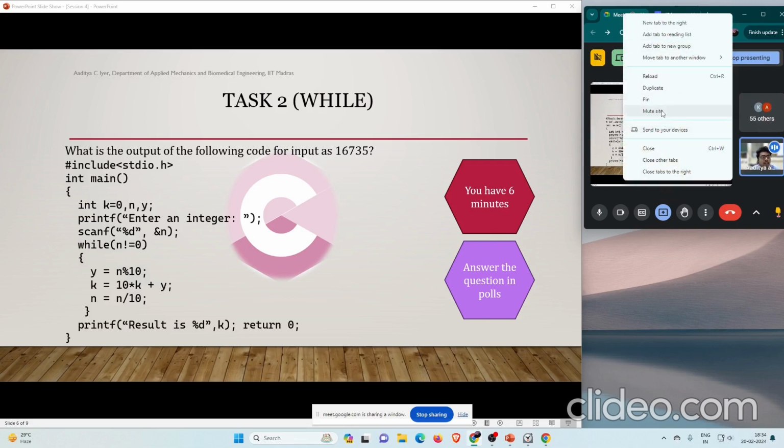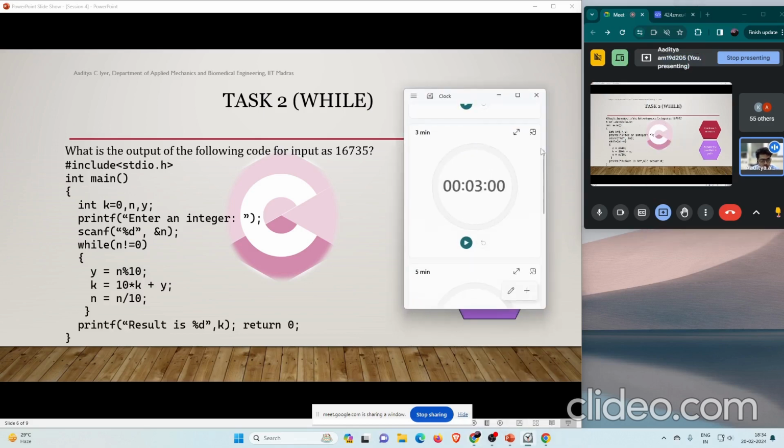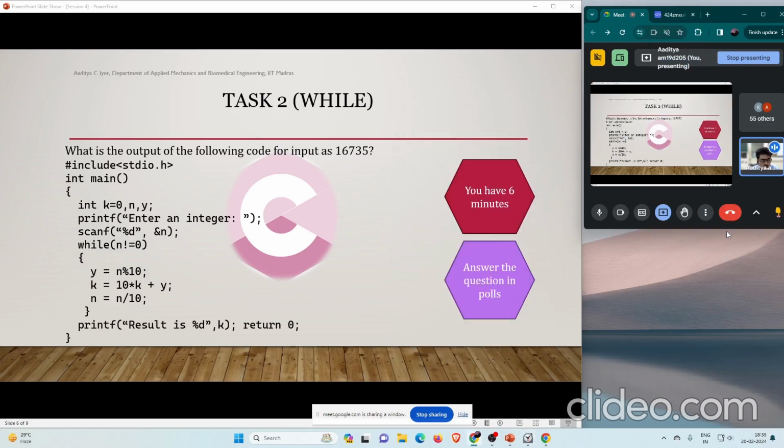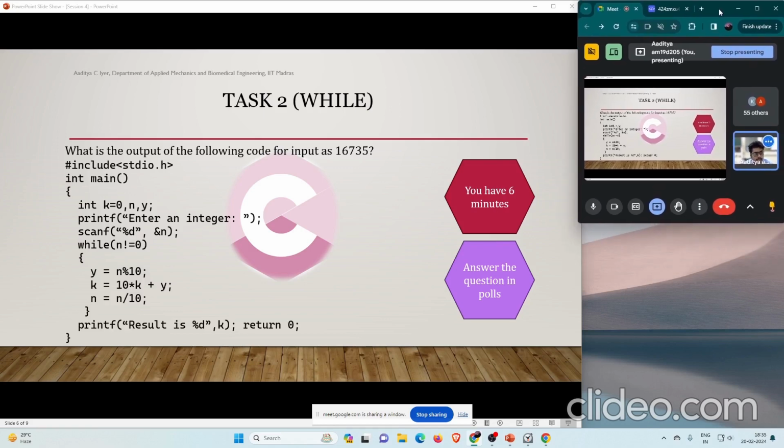Yeah, since someone has already answered, I'll cut short the solve time to 3 minutes. Some people know, some people don't know, so that's why I ask you guys to wait till people have attempted it. But anyway,